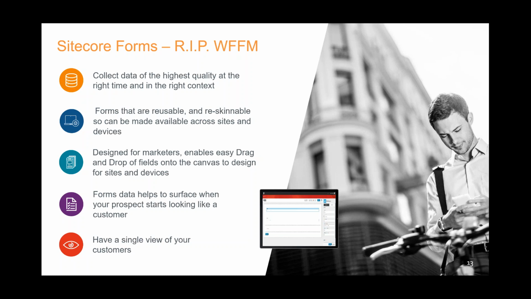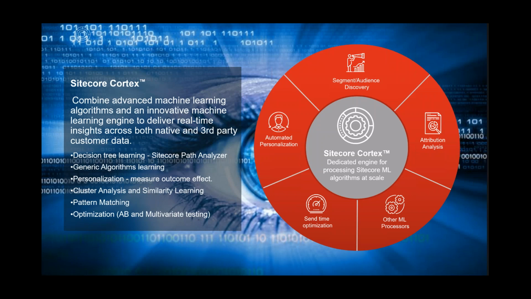And of course, because it's a Sitecore piece, it can be A/B tested. Sometimes it's better to run a form with fewer fields and get more visitors. Other times it's better to run a form that collects more, but maybe a few people bounce off it. So run a test, run both, and see which one drives the best results for your business. So xConnect, the new forms module, and the new marketing automation piece are absolutely critical to really make the entire ecosystem work end to end.